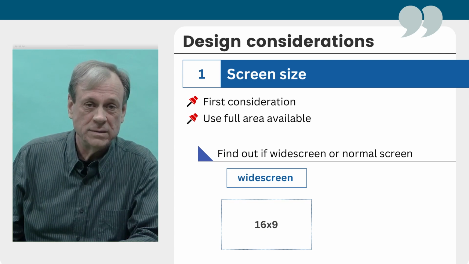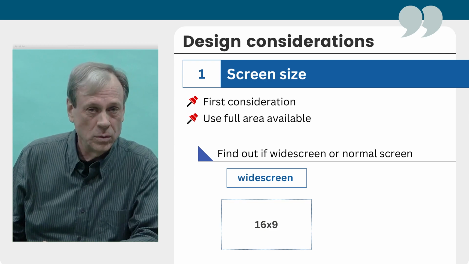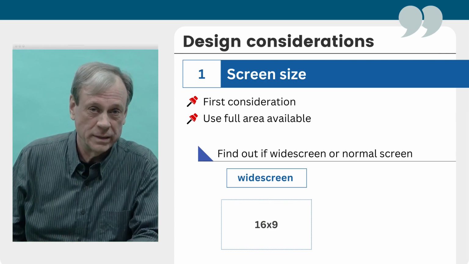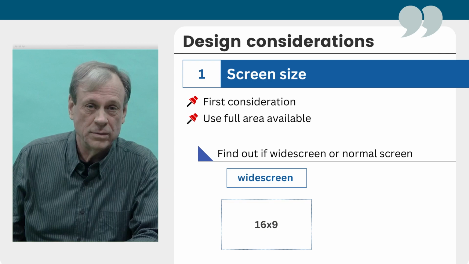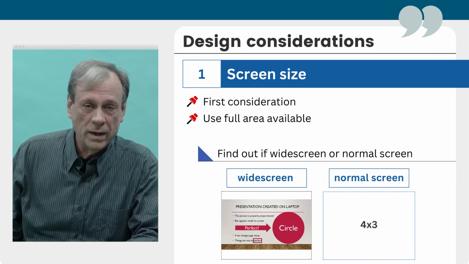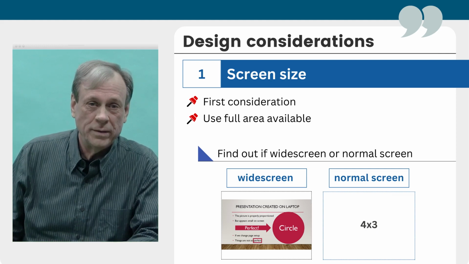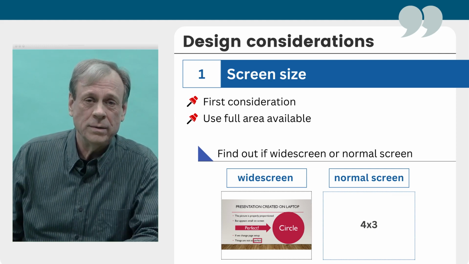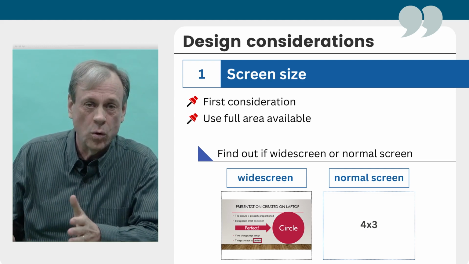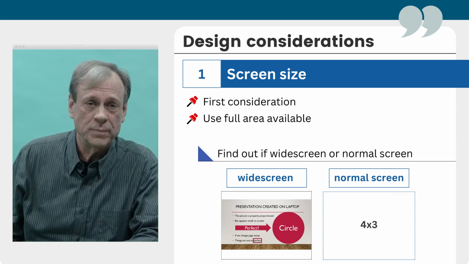This maximizes the area on the laptop, but if you're working in a small classroom, as you may be for a thesis defense and many other types of presentations, it uses what's called a normal screen. So the widescreen, or the 16 by 9, is wider, but if you present it on one of these normal screens, then you only use about 2/3 of the area, and things appear much smaller.